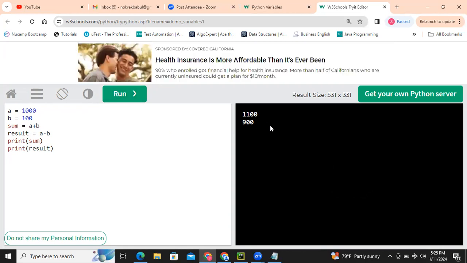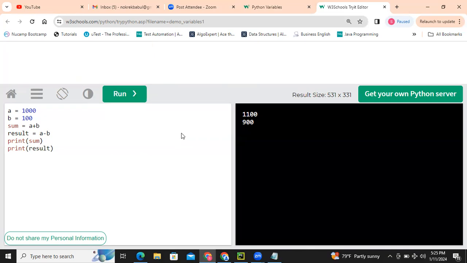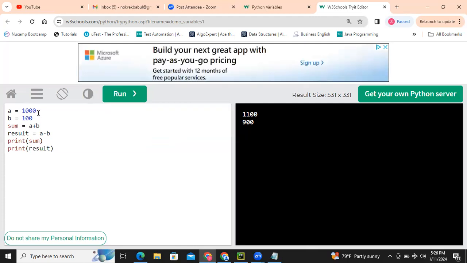Is there any question? Yes. Can we write data side by side rather than under, or do we need a comma to do that if we do it side by side? Usually we don't do it in Python, but your question is whether we can do it like this, right? This is your question, right? Yes, sir.